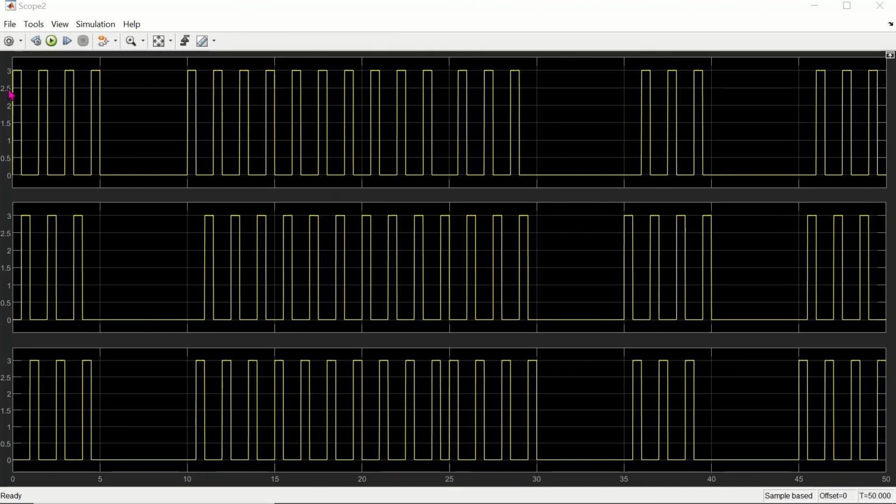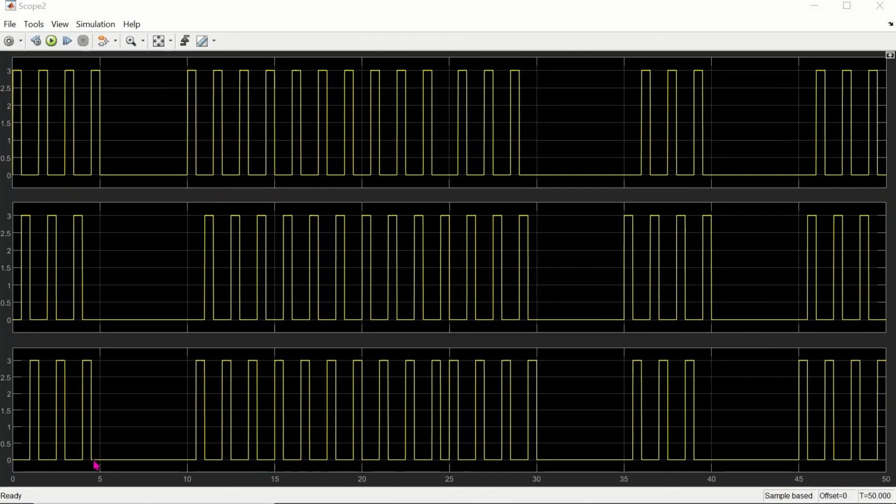Here the current is limited up to 3 ampere in phase A, B and C. So the current flows in the sequence of phase A, B and C, again A, B, C, A, B, C. It is repeating for almost 7 to 8 steps.